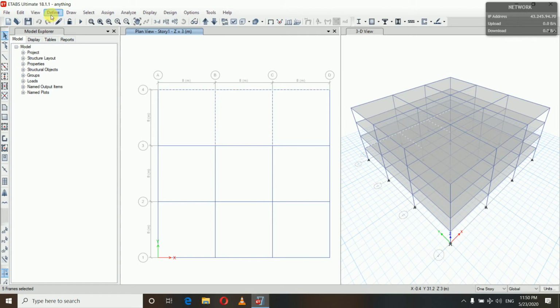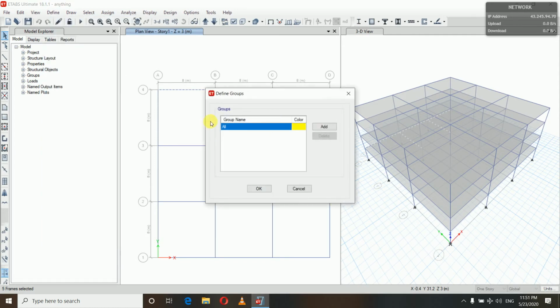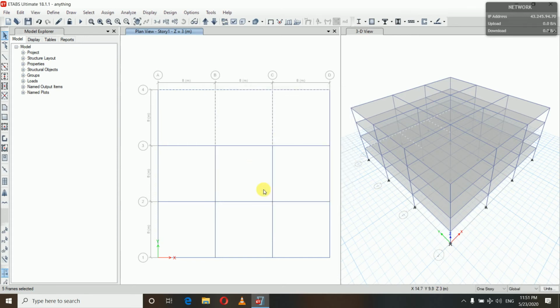Now go to define, and you can see here group definitions, and you can see a default group name is given here, that is All, which will consider all the elements. Now what you can do here is add one more group. If you want to give any name, you can give it. Suppose we give the name beams.